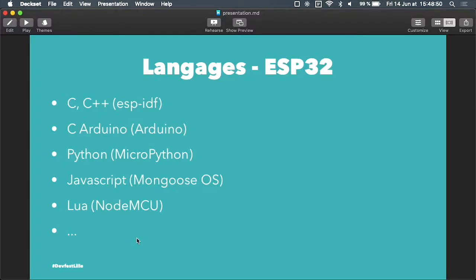So you can do C, C++. If you want to do something for production, you should do it because you will have very good access to threads, memories and stuff. If you want to prototype, you can use the Arduino C. Arduino C is actually a mix between C and Java. It's like a higher level C. If you want to do a string concatenation, you can just do it very easily. You have a very simple way to program in a C syntax. You can, of course, use other languages, such as Python and JavaScript, Lua, Golang, or whatever you like.